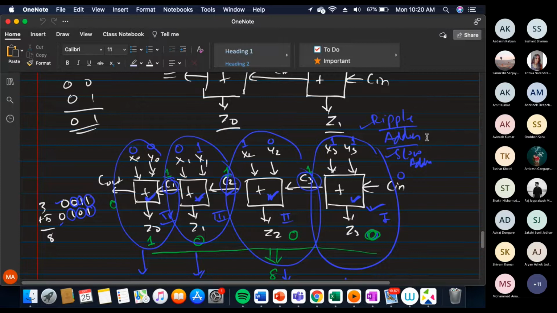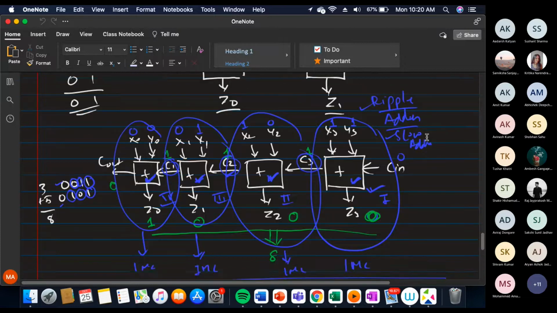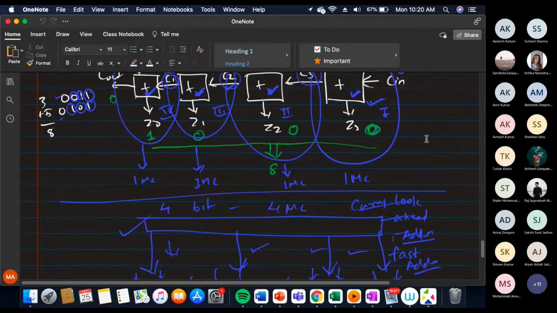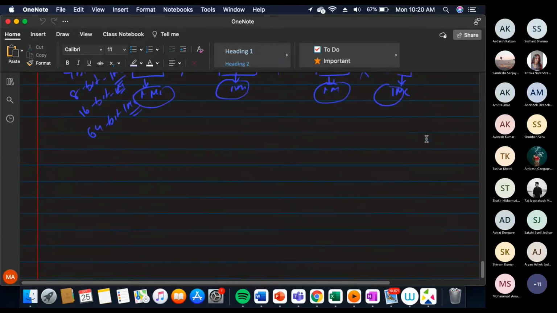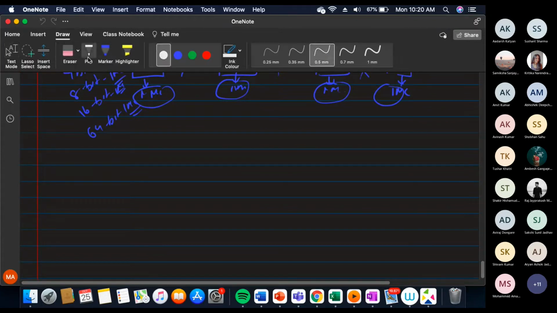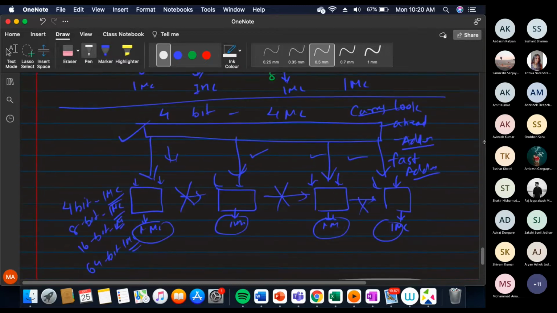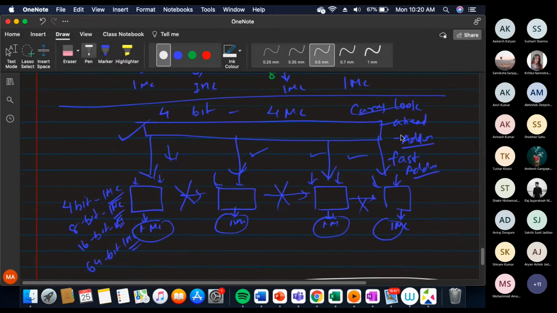Yes, sir. So that is why this was the major drawback of this adder. We need to come up with a new adder, which is called the carry look ahead adder. So what is a carry look ahead adder? It is a type of adder where we generate all the carries in advance. We use a technique where, magically and somehow, all the carries are given at a time. At one time you give all the carries.